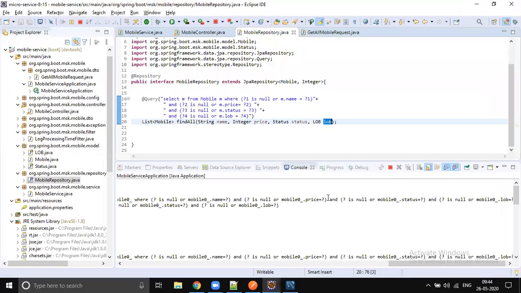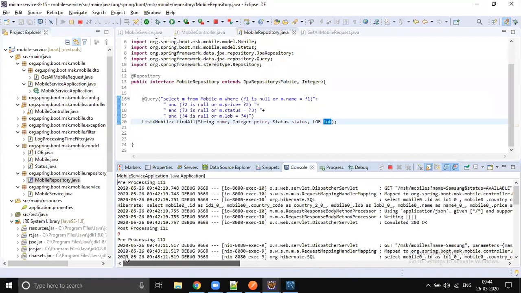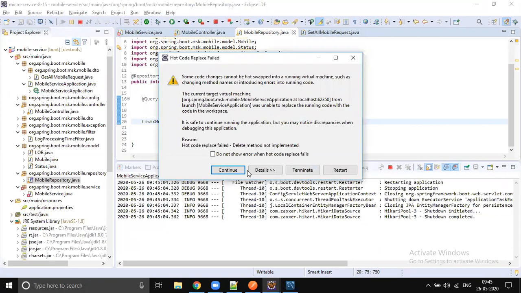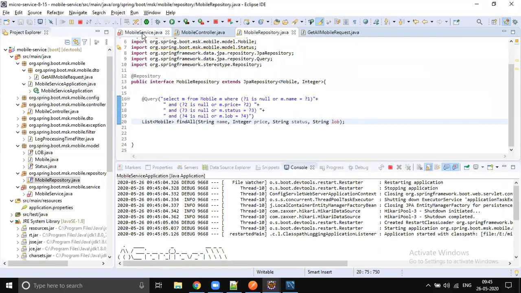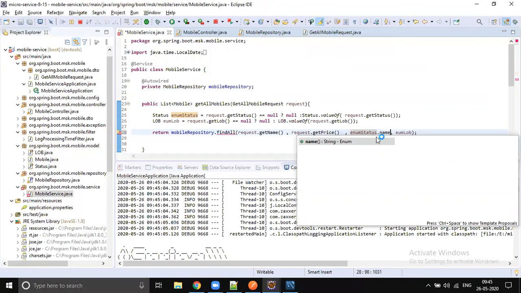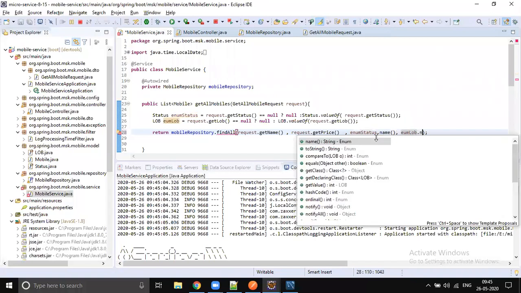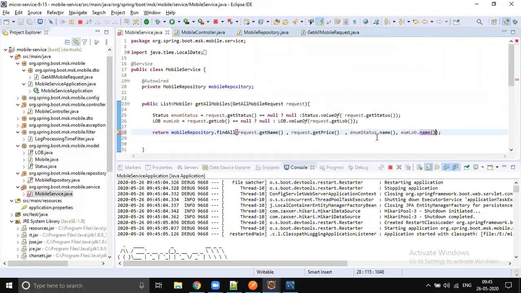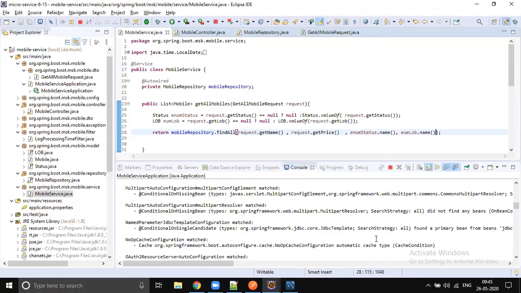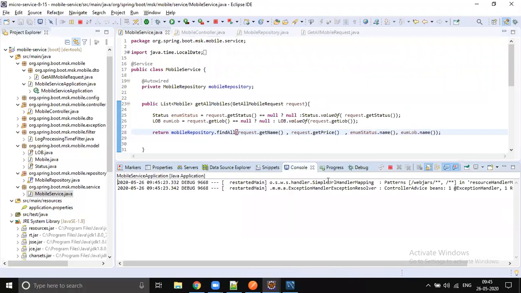That is not the problem. Okay, so let's change this to string. You see, this is going to work now, right? When this is a string, we should change our service code, right? So let's go ahead and pass the string. This should work, hope so. But anyway, let's use named parameters. That is good.